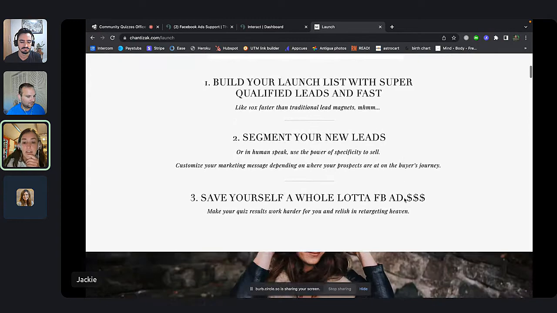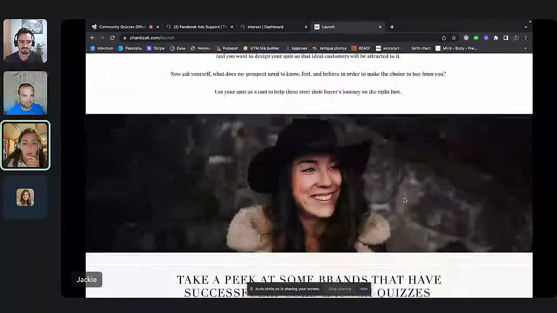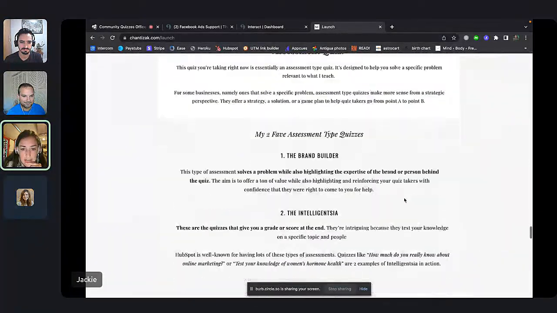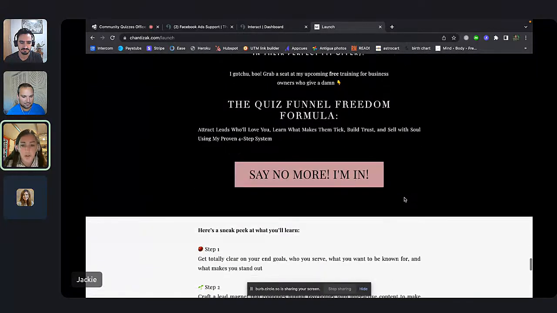You could give, and I'm sorry for all the scrolling, this is a long result page. They do not have to be this long. I think she has, so she's giving a whole bunch of information on here on what to do. And then there's calls to action. So these calls to action could all lead them to your community, a specific community space to drive engagement, but also to grow the size of your community if that was a goal that you had.